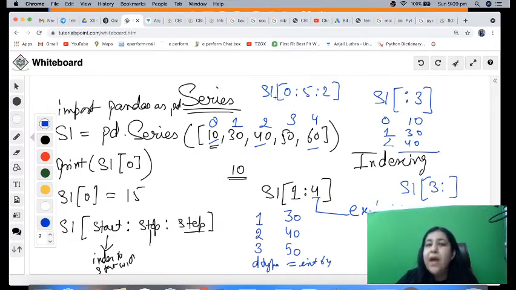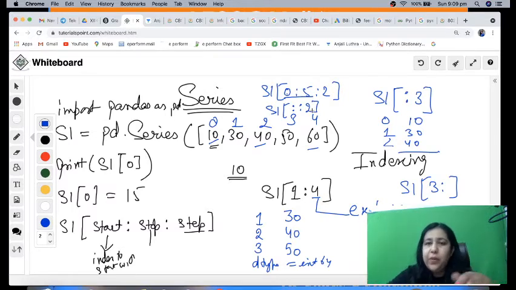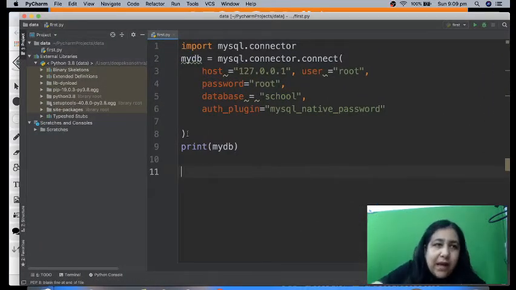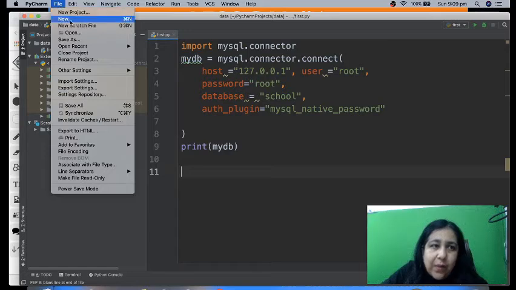And yeah, if you have to take the complete list, then there is one more option that you don't have to give these values. You can just put colons and put 2. I can also take it in reverse order. I'll show you that in PyCharm. So let's see this thing, that how it actually works.